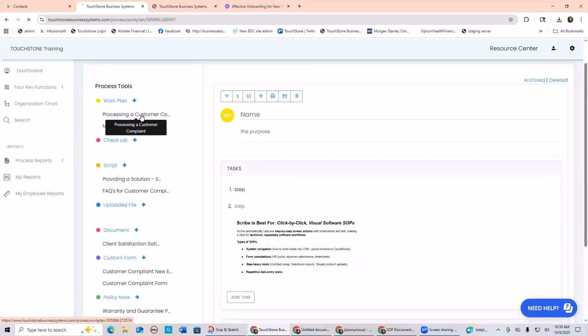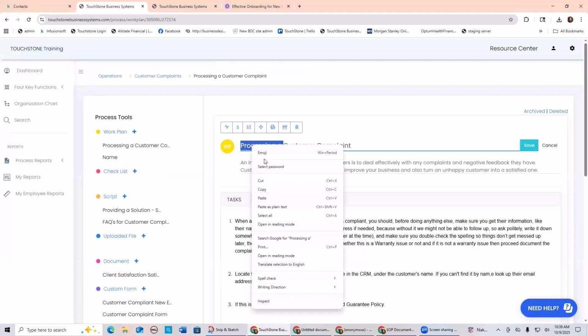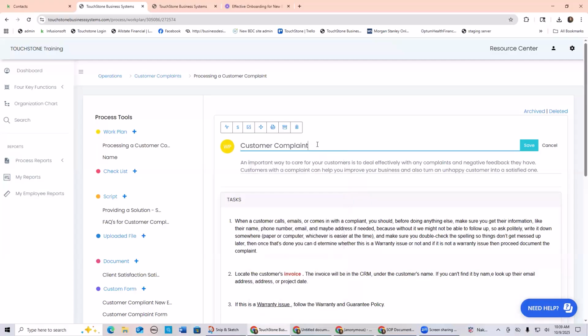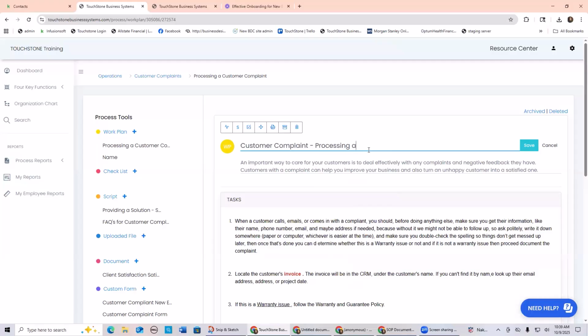So let's go to this work plan and let's talk about what makes a good work plan and what makes a terrible work plan. First thing, when you're titling things, I think it's always better to put the subject first and the verb or the adjective second. So rather than saying processing a customer complaint, I would probably say customer complaint processing, and you don't have to do the little slash if you don't want to,